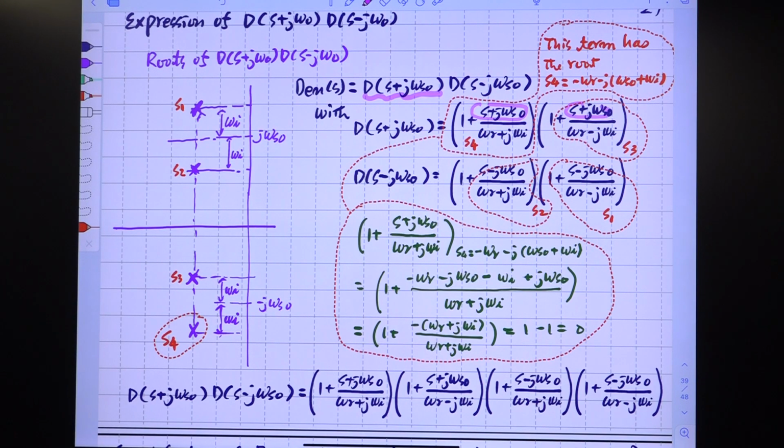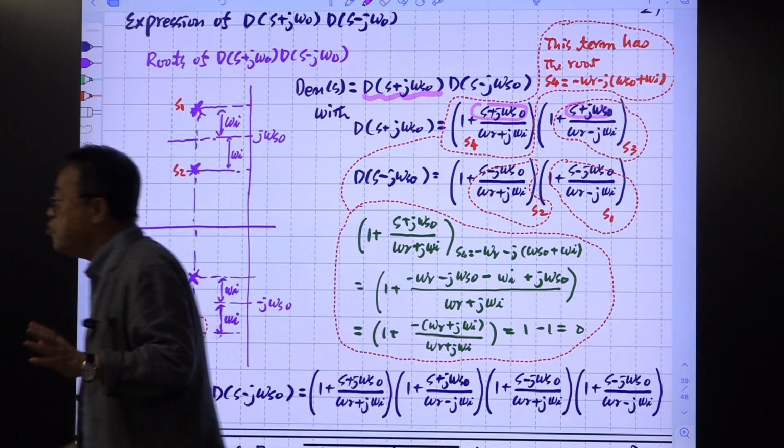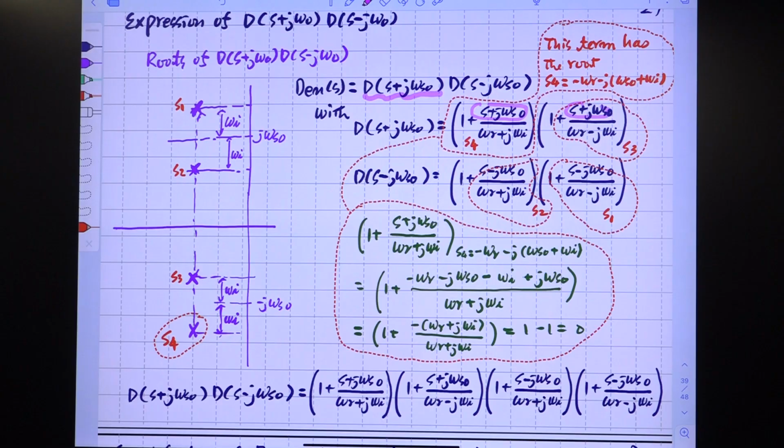So our previous approach was to take 2 of this, and we derive the standard second order equation, which has a pole at this location. That was our previous approach. Here, we take the formal approach. With this, we know the denominator, and we play with this to derive the equation, to modify this equation into 2 quadratic forms in standard format.